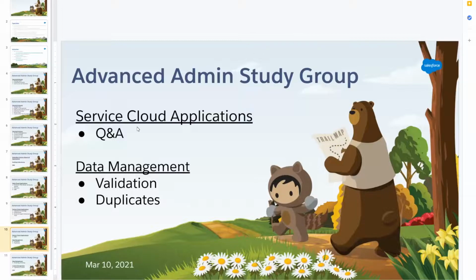Today's topic, we're going to start off with some Q&A from the quiz examples that I've got written up and prepared for you. And then we'll do that maybe for 10 or 15 minutes at most, and then we'll go ahead and jump into the presentations on validation and duplicates all around data management. I think we have one more data management topic next week, and that will take care of data management's 10% on that part of the exam. So let's go ahead and do a few questions just to kind of see how we're doing.